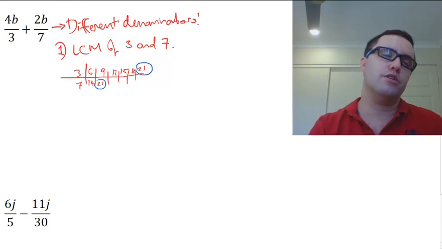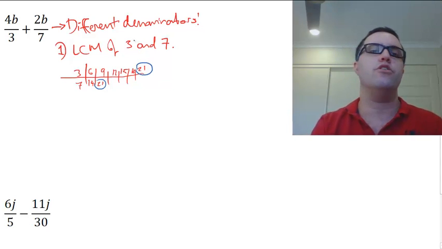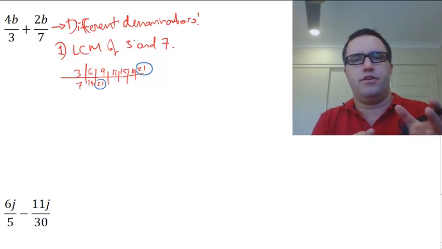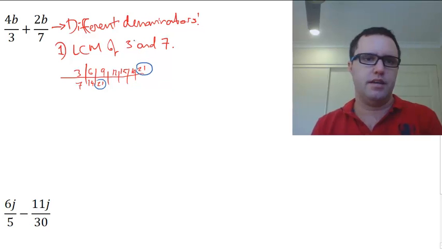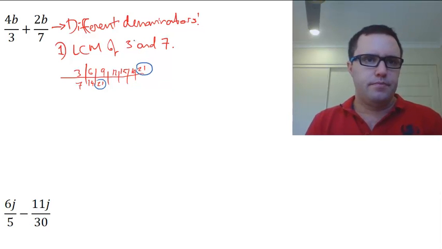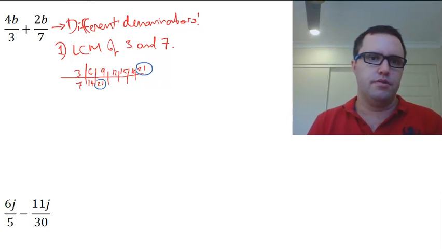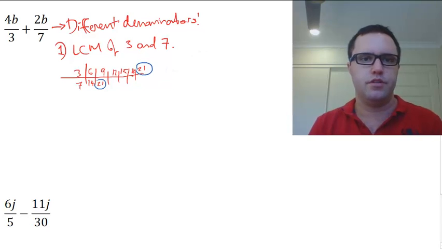Now, also, because they're both prime numbers, you probably could have just multiplied them together. And that also works for anything, whether they're primes or not, but you need to be careful about whether you have to simplify it afterwards, okay? Right, so we've got our lowest common multiple of 3 and 7 is 21. So we will rewrite our fraction: 4b over 3